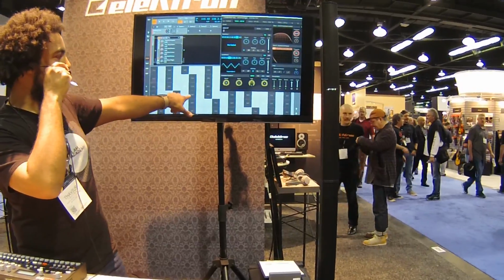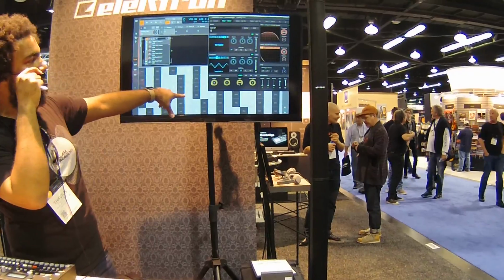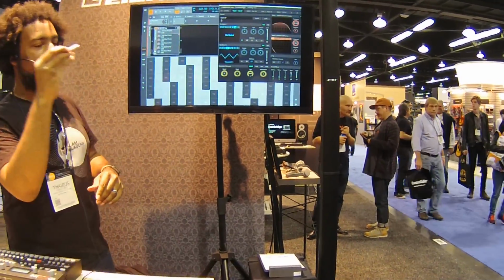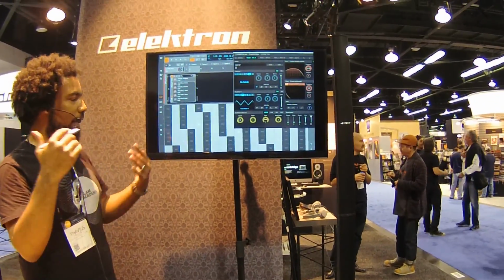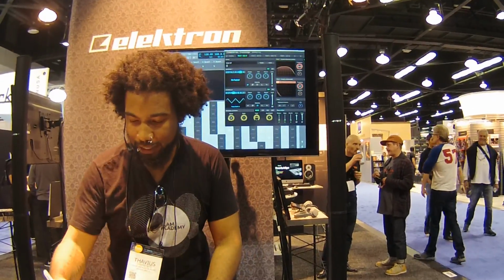If I touch the notes and move my finger left and right, I can bend the pitch. If I touch a note and move my finger up and down, I can affect timbre. And timbre can be assigned to anything that I choose. I can also use my pen, and if I push in further, that will affect pressure, which can be assigned to something else. So what I like to do right now, I'm going to go ahead and change this first